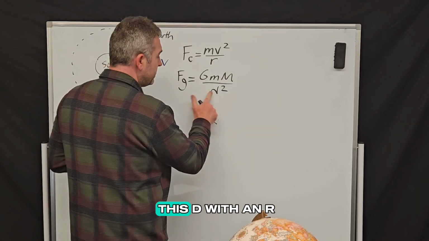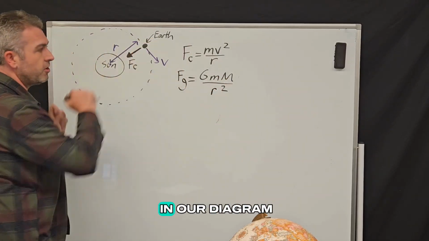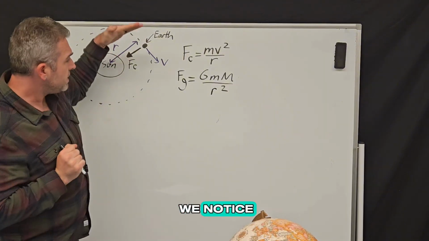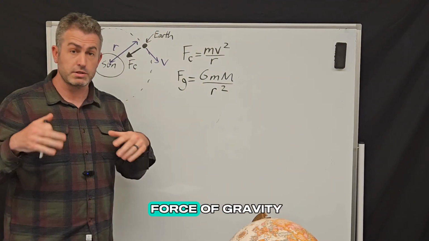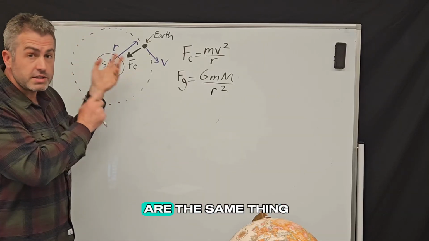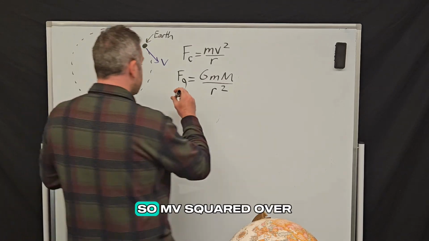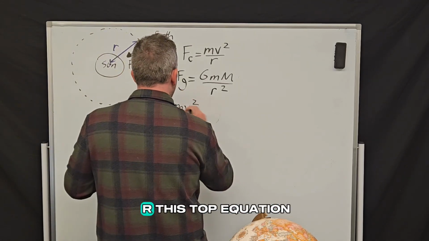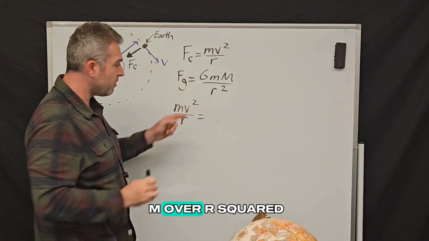Now I'm going to replace this d with an r, because that distance is what we labeled as r in our diagram. And so what do we notice? We have one equation that's the centripetal force, another equation that's the force of gravity, but those two forces are one and the same, which means I can set them equal to each other. So mv squared over r, this top equation, should equal GMm over r squared,